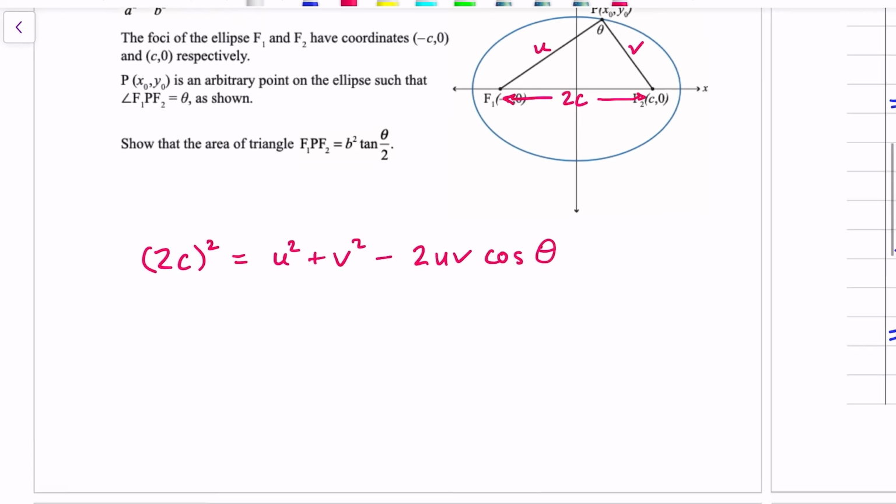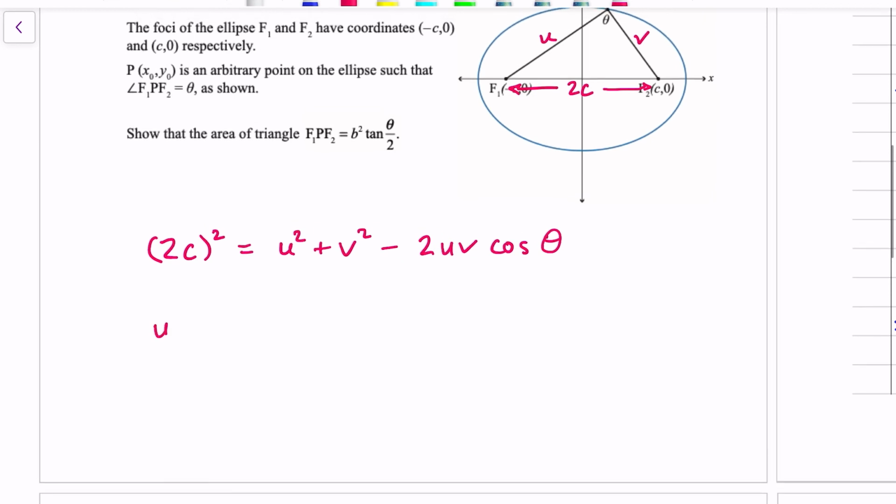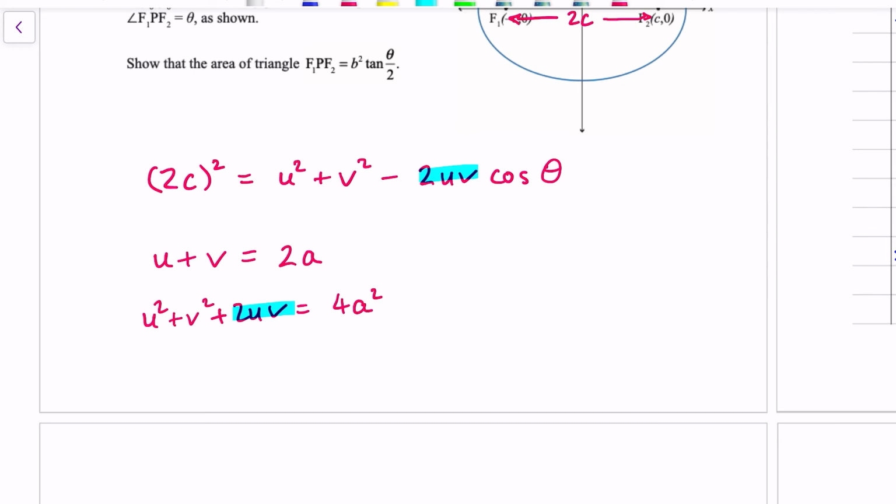I also know for an ellipse that u and v add together to make 2a always. And if I square this equation, I get u squared plus v squared plus 2uv equals 4a squared. And that enables me to replace the 2uv. So the cosine rule equation becomes 4c squared is,